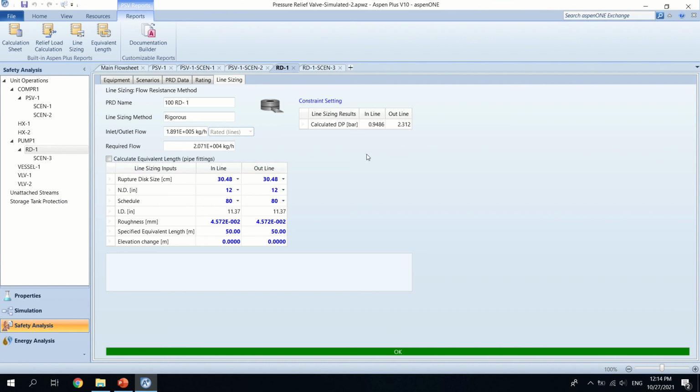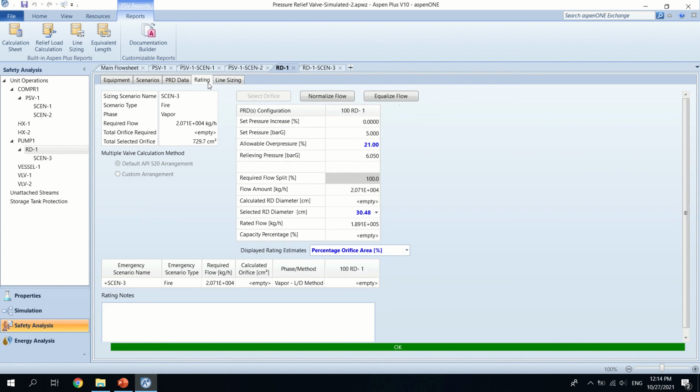As you see, in the line size results, the calculated DP for inline is 0.9 bar gauge, and for outline the calculated DP is 2.3 for rupture disc, and the other ratings and the other information is here. The required flow, total orifice required, and the total selected orifice is shown here, and that's